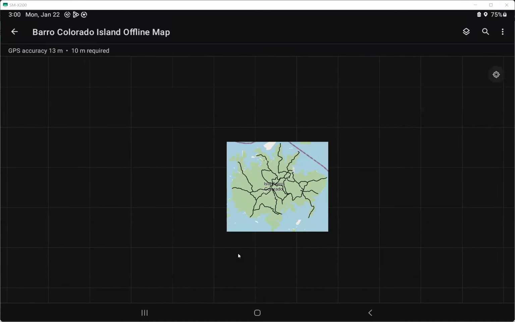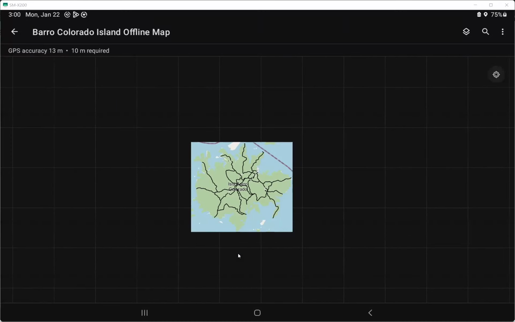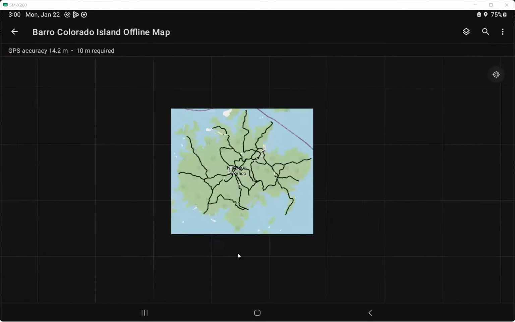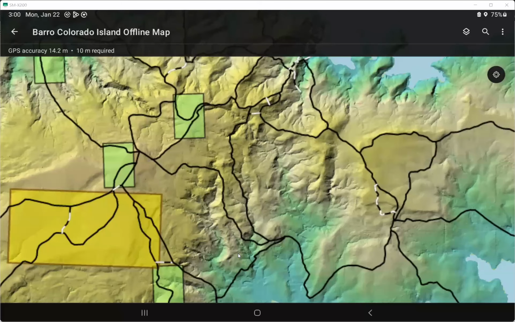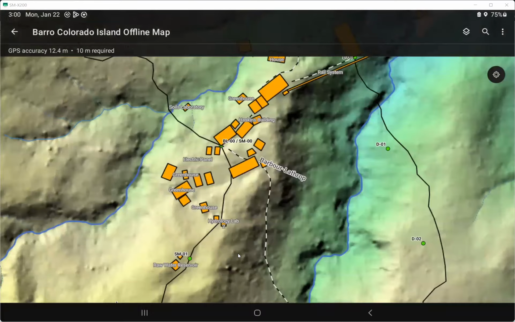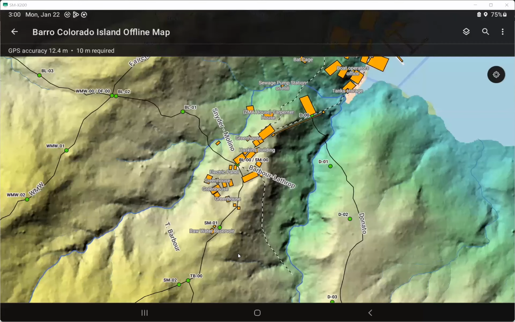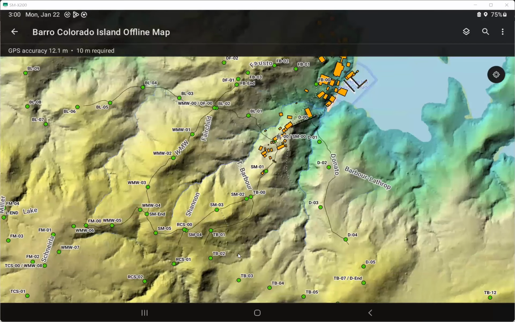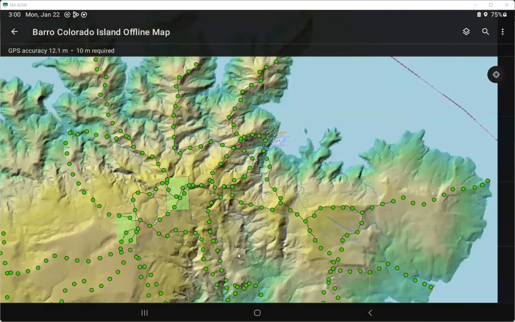The black area around is the area that is not available in the offline map version. But if you zoom in, everything is there for you to use when you are working on BCI. So now the map is ready to be used in the field without internet connection, okay?